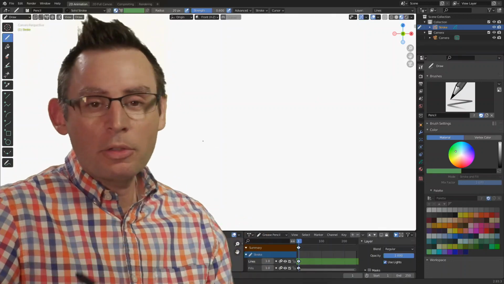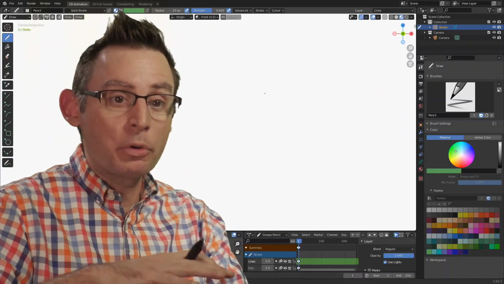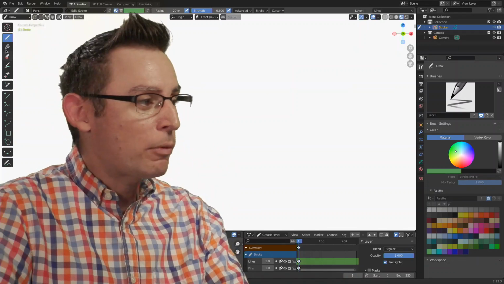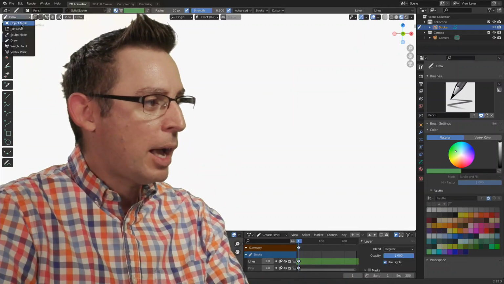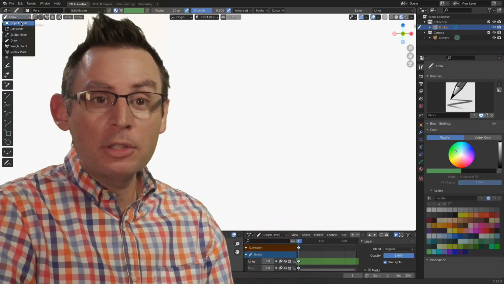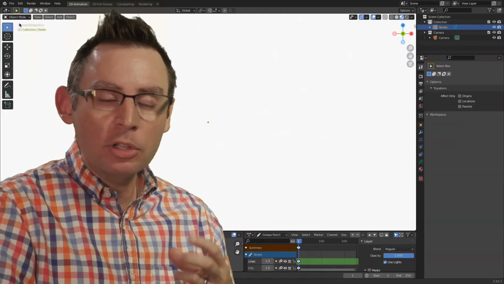Now to start, we need to import a background photograph into my animation scene file. And we can do that real easily just by starting off by jumping into object mode, because whenever you start a new 2D animation file, it automatically defaults into the draw mode. Well, we want to create a new object that includes a photograph.